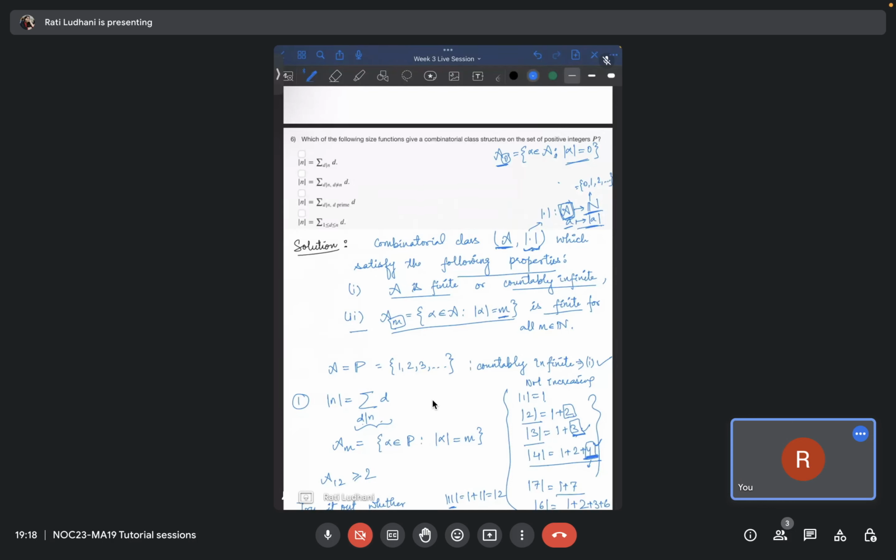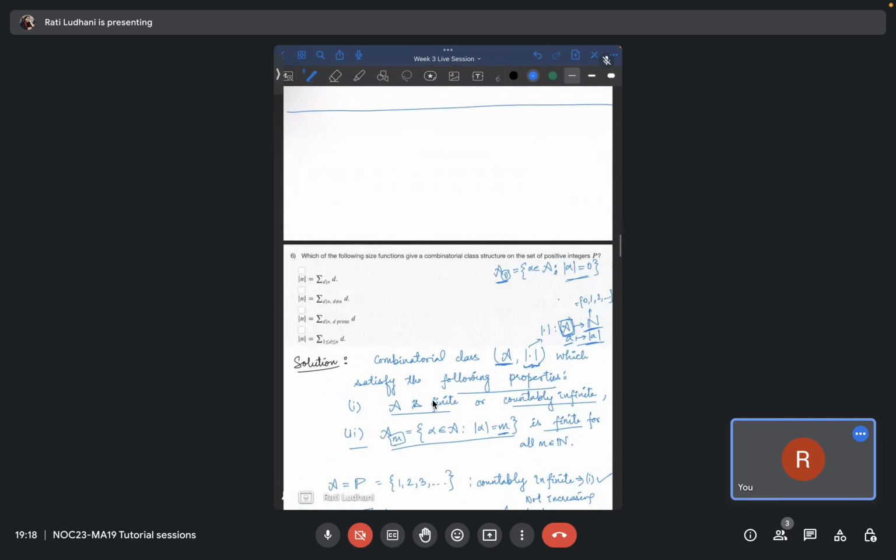So for example, let me write an example. A is given to be some set of positive integers. P denotes the set of positive integers. So you have for example 1, 2, 3 and so on. Now what does this say? For example, I just define the size function to be, for all alpha belongs to P,